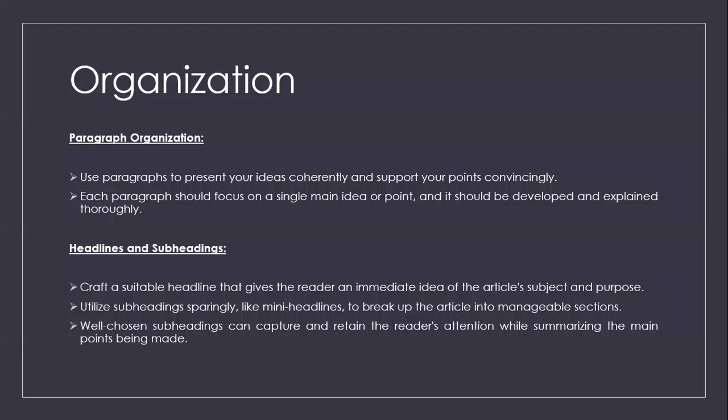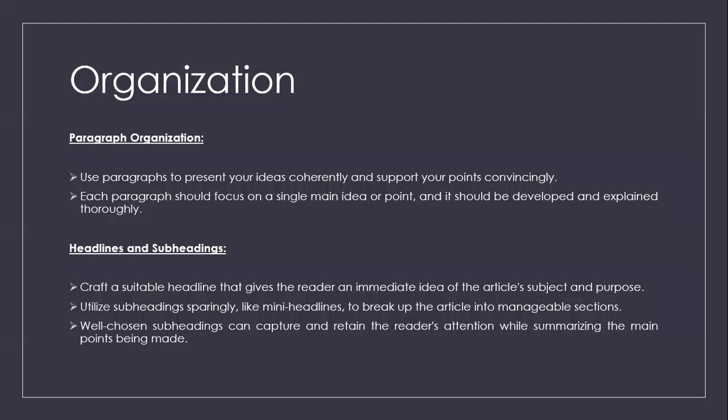Your body paragraphs are going to align with the ideas that you have evaluated from the given text. For example, 3 points, might be 4 or 5, as many as you can cater to effectively in your writing. Try to use each point for each paragraph and adopt a PEEL methodology. For example, the point that you have evaluated from the text, give one evidence relevant to that point, and then add a suitable explanation. This is how you're going to express the development of the point. You can add your opinion along with the expression of the point that you have evaluated from the text. So each main body paragraph is going to be composed in such a manner.